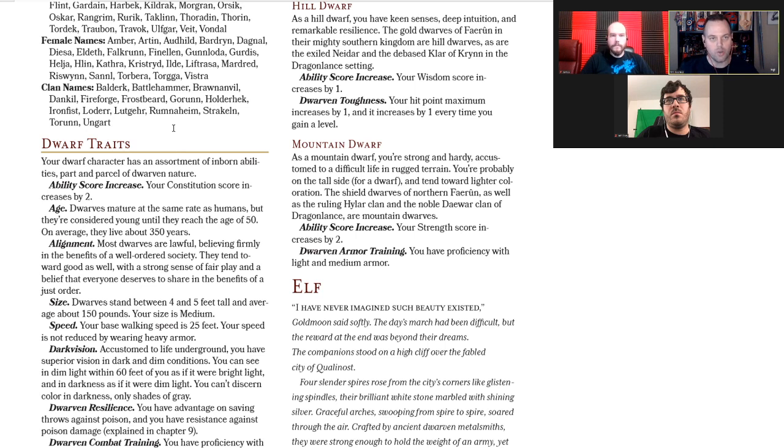And every single race has this. You're going to see ability score increase. Your constitution score increases by 2. Every race underneath their traits is going to tell you what the ability score increase is. Okay. Now, on the same page here, Mountain Dwarf is what we're choosing because it gives you another ability score increase. This increases your strength by 2. Every sub-race is going to tell you where the ability score increases. All right? Now,